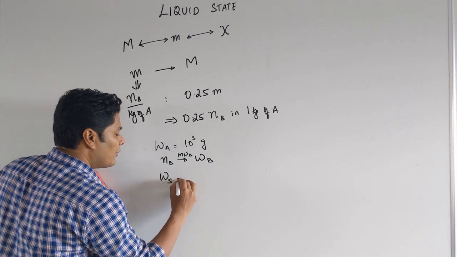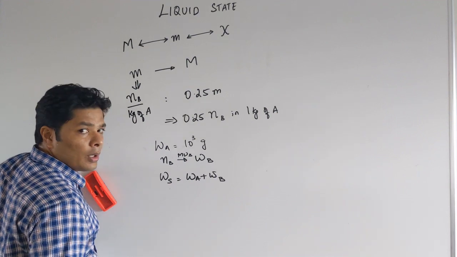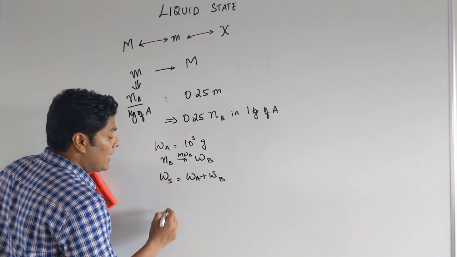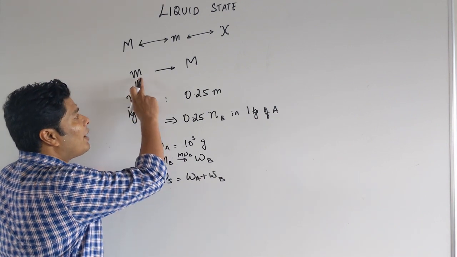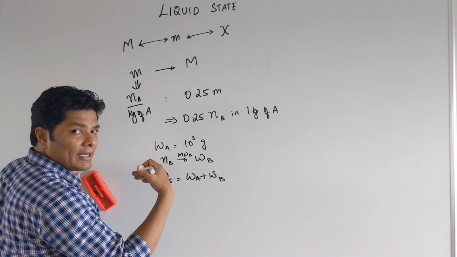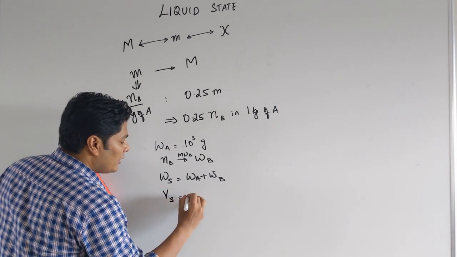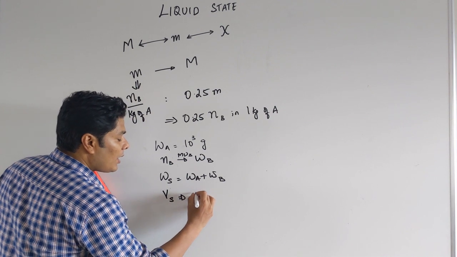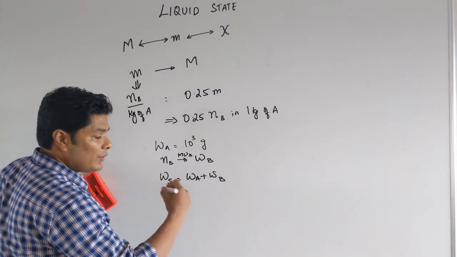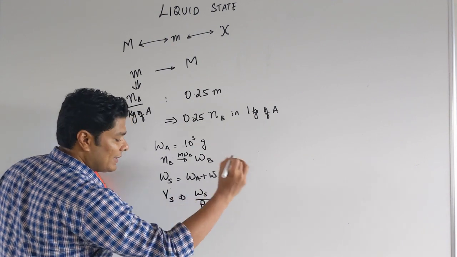So weight of solution equals mass of solvent plus mass of solute. So I know my weight of solvent. Now again, anytime you have an interconversion of molarity to molality or molality to molarity, density is always given. So volume of solution can be, now you know the density equals mass over volume. So volume equals mass of S divided by density of S.